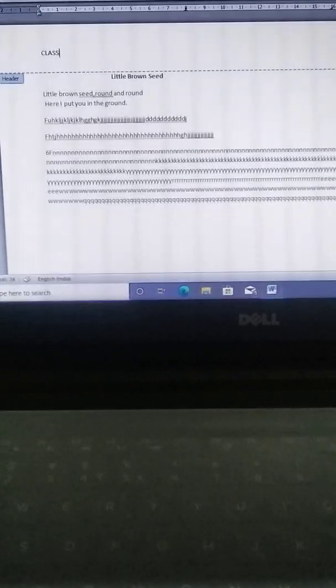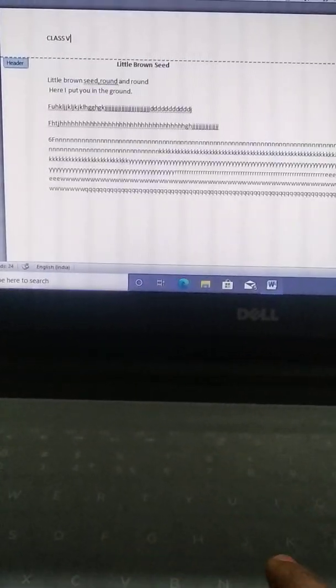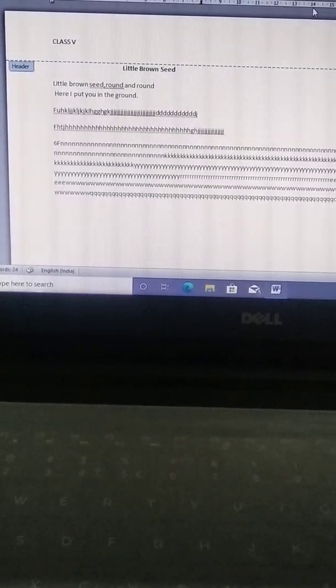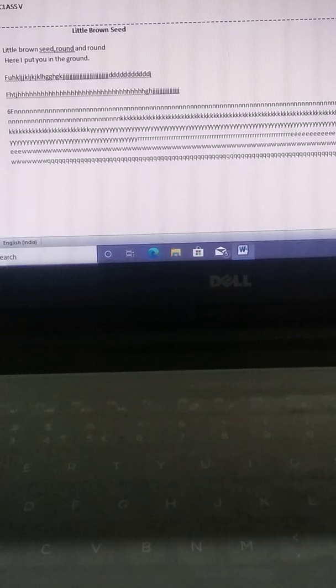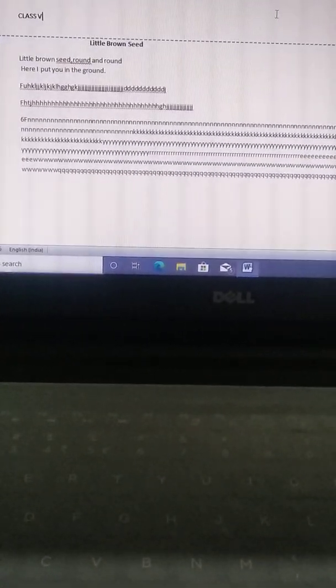I am writing here: class 5. Okay, in the header I have written class 5. Okay children, so in the header and the footer it is written here. Click on this option, the drop down menu appears, and now I have written class 5 at the header place in the header and footer tab.